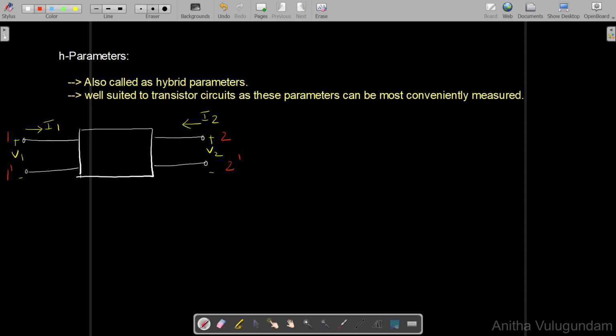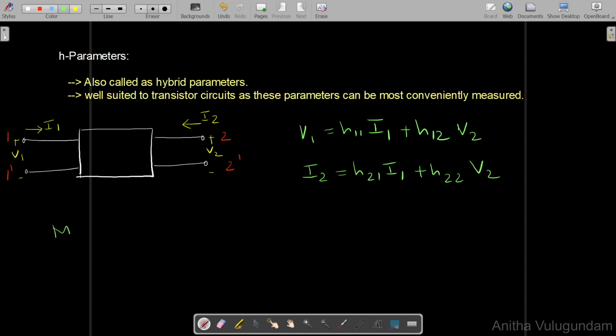H parameter equations are written as V1 equal to H11 I1 plus H12 V2, I2 equal to H21 I1 plus H22 V2. Matrix representation of the above equations is given by